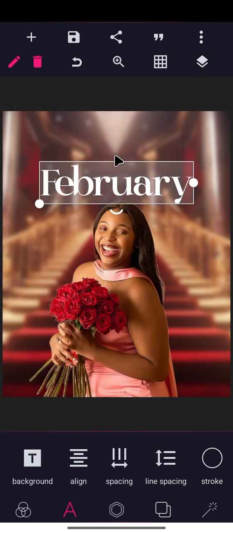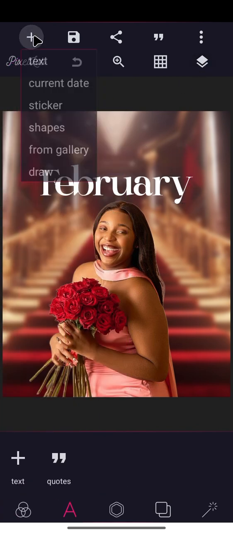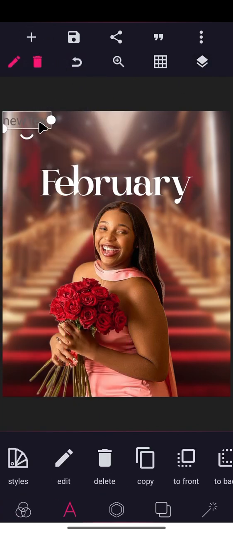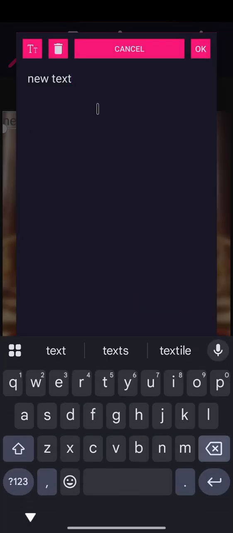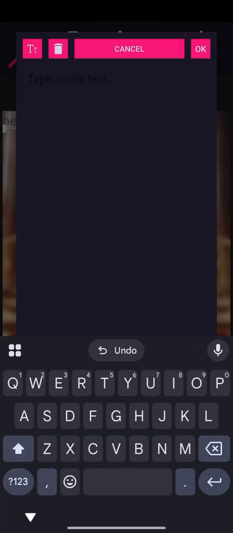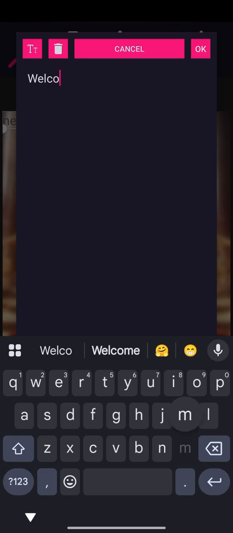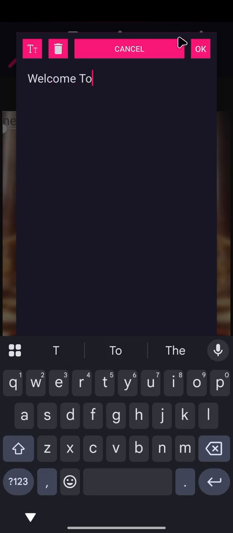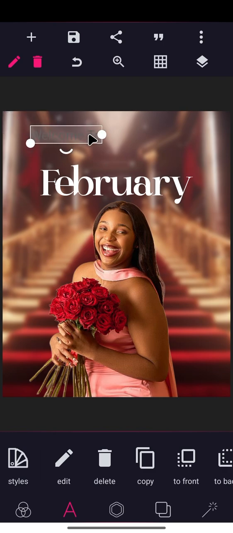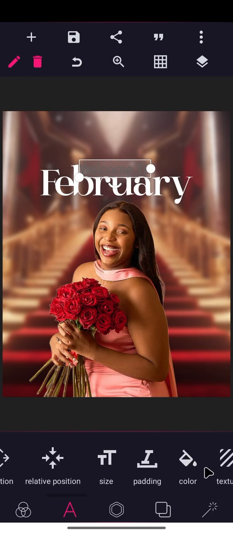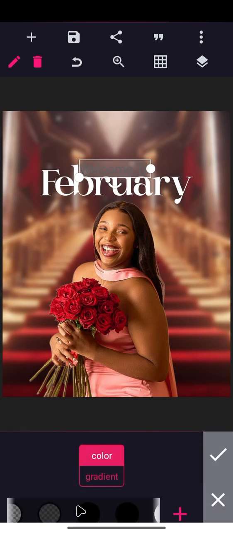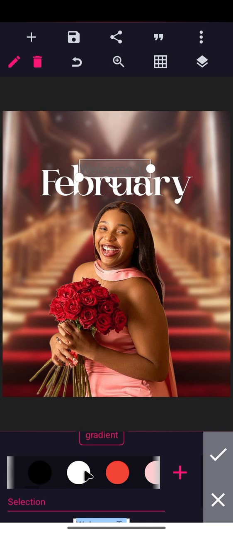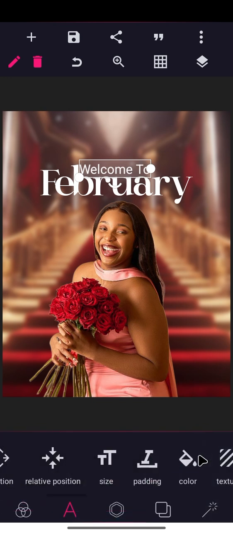Now let's add a smaller text. You can come here, go to text, double click on it and we'll say welcome to. So it's just going to be welcome to. Now, as always, we would have to change the color and the font. So back in text controls, we can go to color, white as always, set it to white, and then the font,